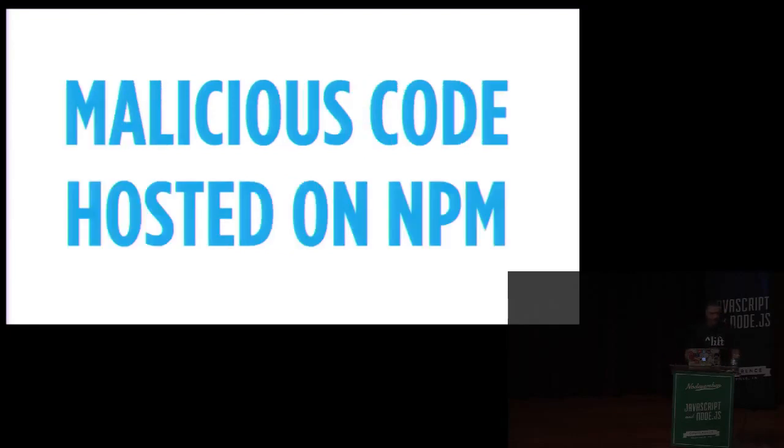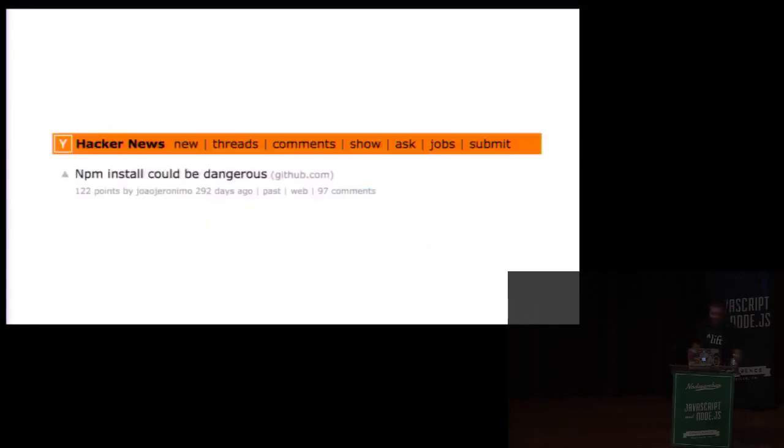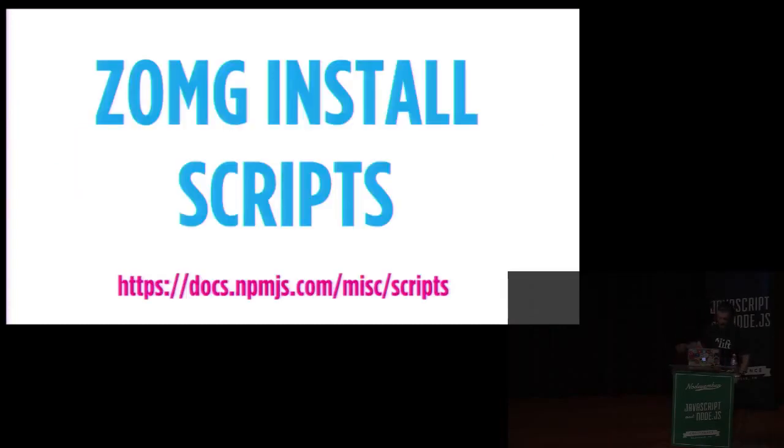And every so often, it's discovered that malicious code can be hosted on NPM, right? Such as rimrafall. There have been others, even before I started doing security stuff, where content was published that maybe wasn't supposed to be published on NPM. And after they get past the fact that you have these install scripts that run when you install packages, which if you don't know about, go understand a little bit more at the scripts URL there, and after we get past that point, what's left out and doesn't get talked about is that you still have to get that code from NPM onto the victim's machine. And that's where it seems to get glossed over.